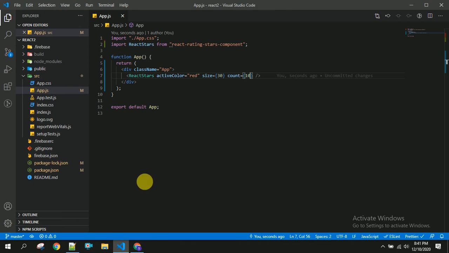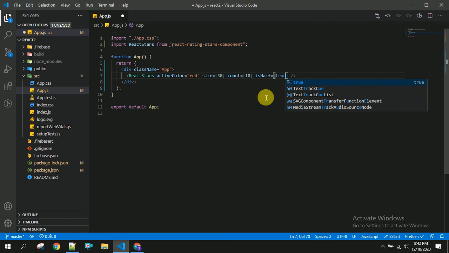Yeah, now what we are going to change is isHalf equal to true. If you give isHalf, then you will be able to give the half star rating as well. So for that you have to give isHalf equal to true.